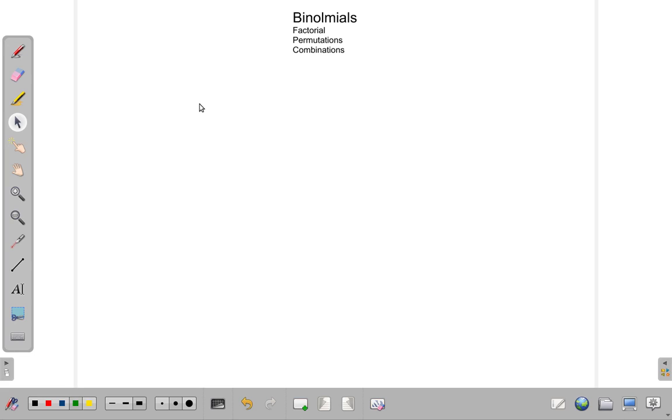We want to look at binomials, and when we look at binomials, we're going to look at the factorial, the permutation, and the combinations. All right, what is this factorial thing all about? Well, what is it generally, let me write it here,